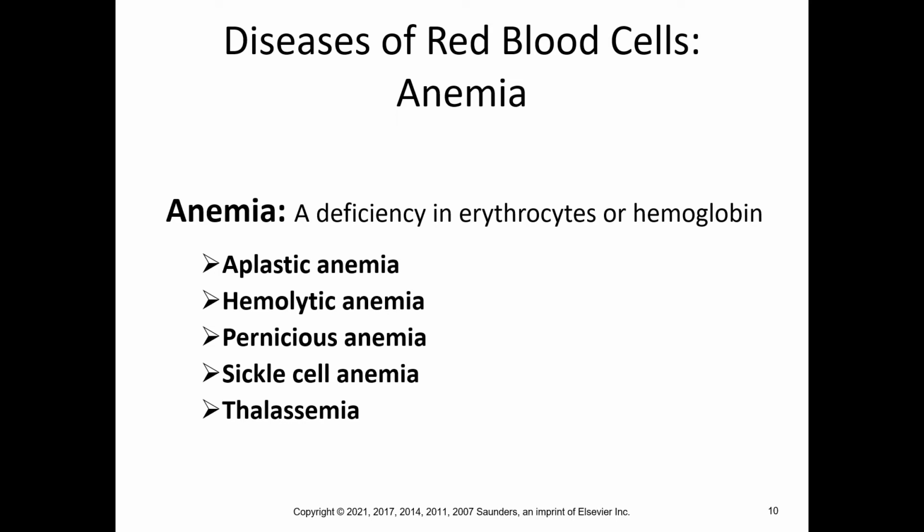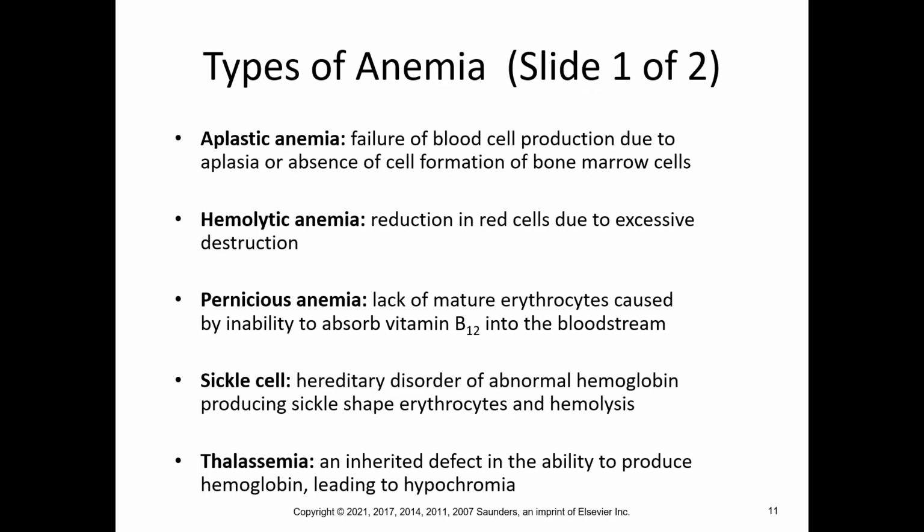Anemia. Anemia is a deficiency in red cells or hemoglobin. Either way, we think of a deficiency in the ability to carry oxygen around our body. There are 5 different types. There's a type not listed here called iron deficiency anemia, which is the most common type, and that's simply a deficiency in the levels of serum iron and the levels of iron in your body, usually due to dietary issues. These 5 pathologic types: aplastic anemia, failure of blood cells to produce